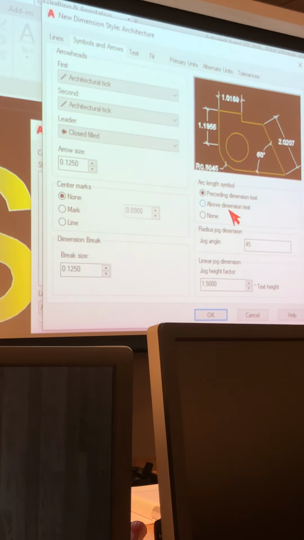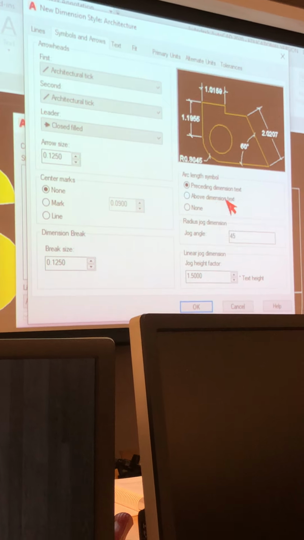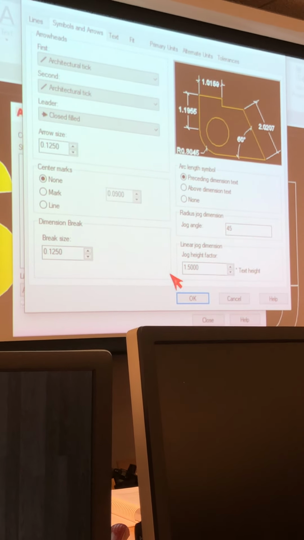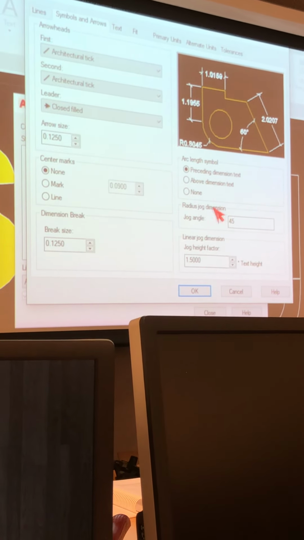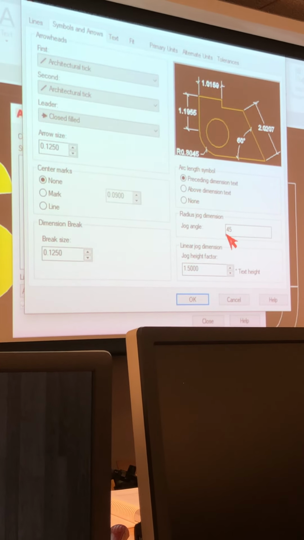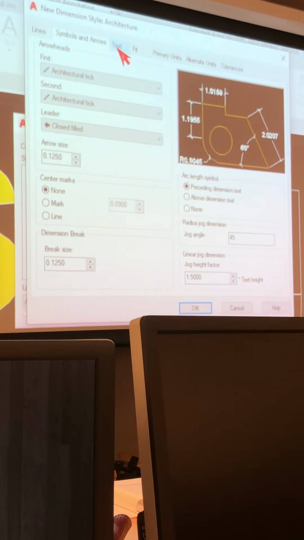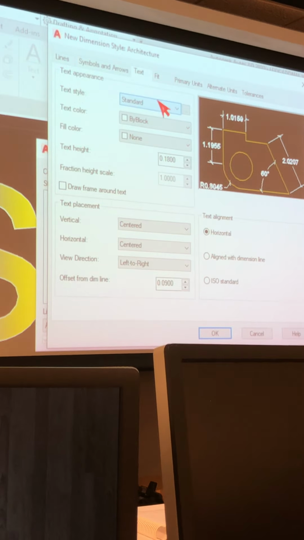If you use arc length, do you want to have the symbol before or after? And this all deals with the radial and the linear jog. All right. On your text, you pick your text style,